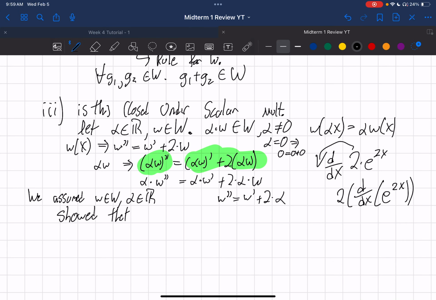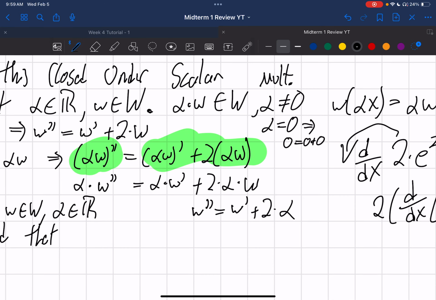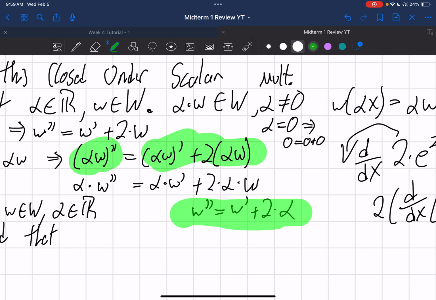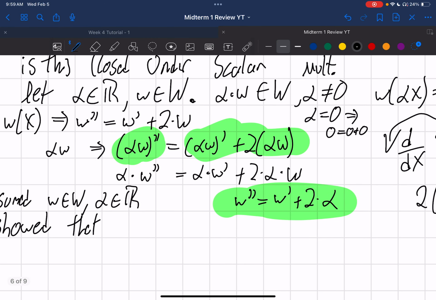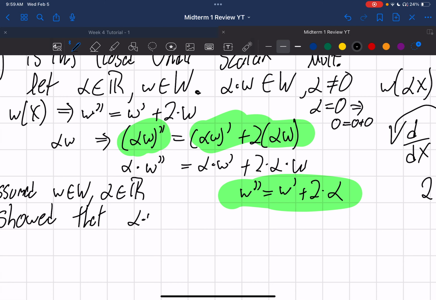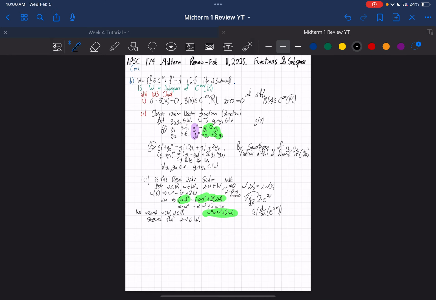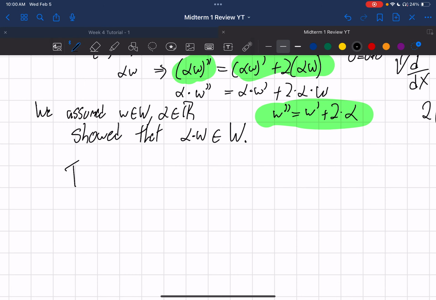So essentially, given scalars and a vector in our space, what happens when we multiply these together? Are we still in our space? I think it's clear that we're still abiding by our W rule, and that means that alpha times W is an element of W. Okay? Now to wrap everything up, therefore,